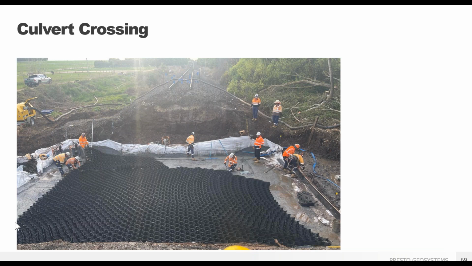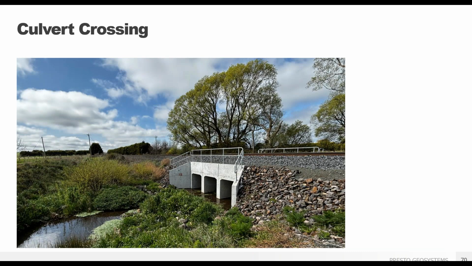It was a pretty robust system, but that's how we came up with it through the process, when we did a finite element analysis. Like I said, on this one we were able to reduce the overall thickness by about 55%. So it was a significant reduction and a more stable system than the conventional approach. Here you can see the finished abutment and the culvert crossing.